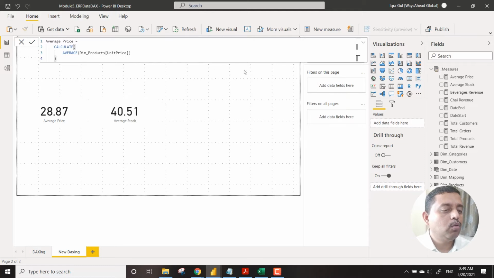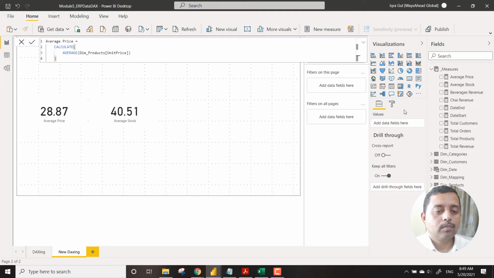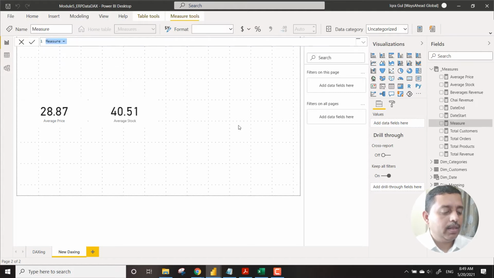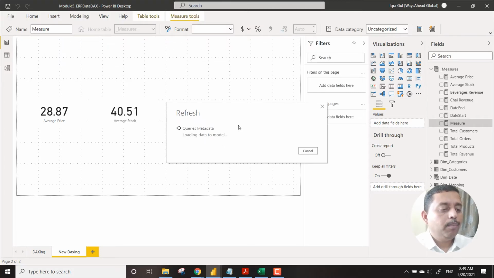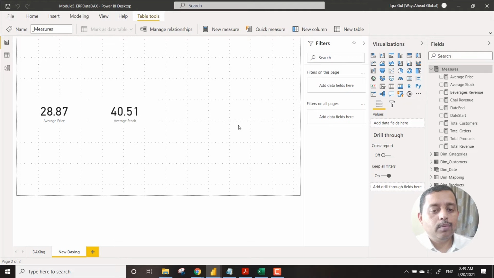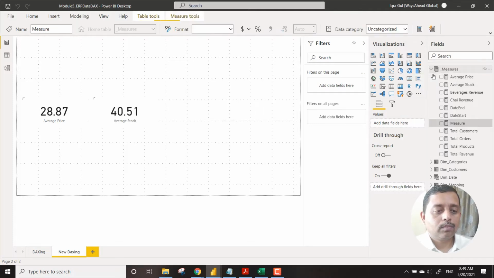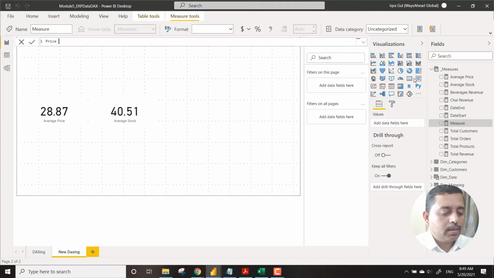So what we are going to do over here is create another measure, the third measure, which we call price to stock ratio.